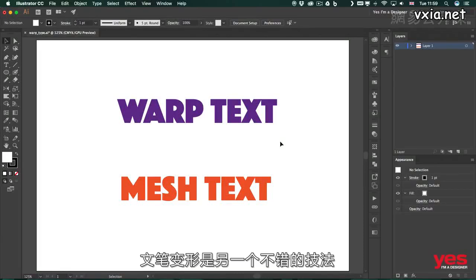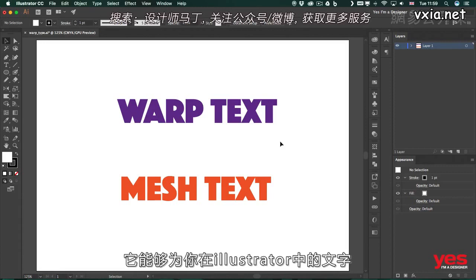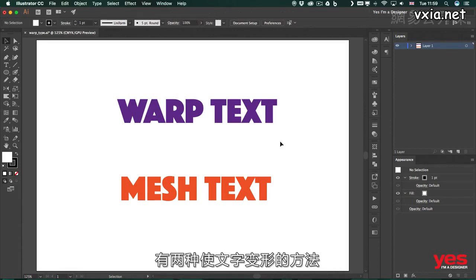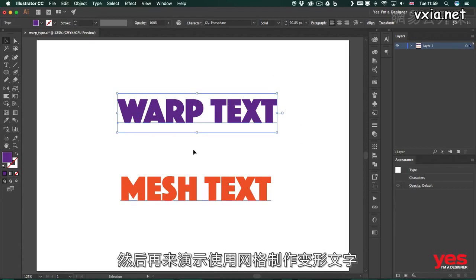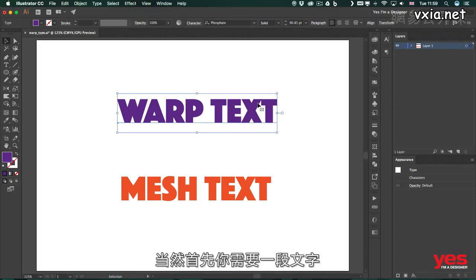Warping text is another great technique of injecting some uniqueness and character to your type in Illustrator. There's two different ways of using warp text. I'm going to start with this simple warp text, and then we will also have a look at using a mesh for warping text. So first of all, you need a text object, of course, to be able to use